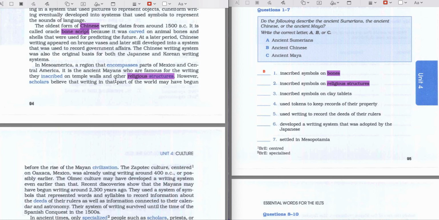So here let's read the sentence. In the Mesoamerica region that encompasses part of Mexico and Central America, it is the ancient Mayans who are famous for writing scribed on temple walls and other religious structures. So temple walls are also a religious structure. So who was doing that? It was the ancient Maya, which is